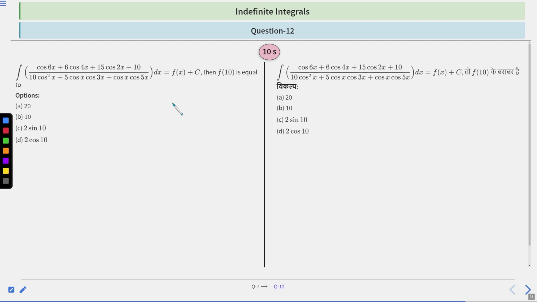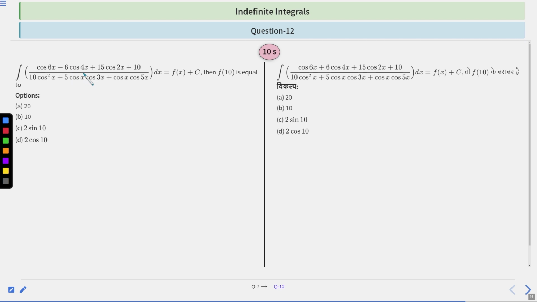So first you need to find f(x), right? Then after you will be able to find f(10). f(x) can be found by integrating this. Now see, as this is looking very lengthy, directly integrating this will not be feasible, right? Because it is not integrable directly, right? So you can simplify. The hint of this question is you can simplify the numerator and the denominator in such a form that some parts of the numerator and the denominator will cancel out.